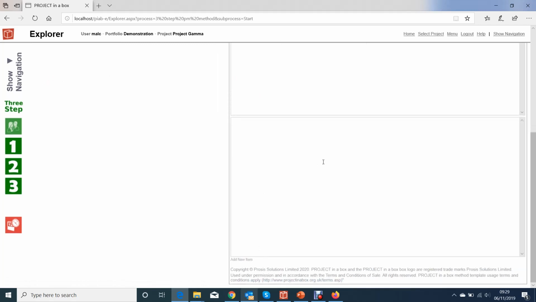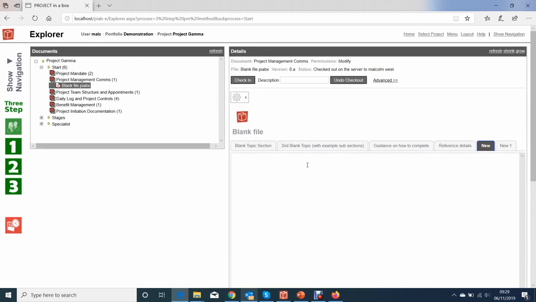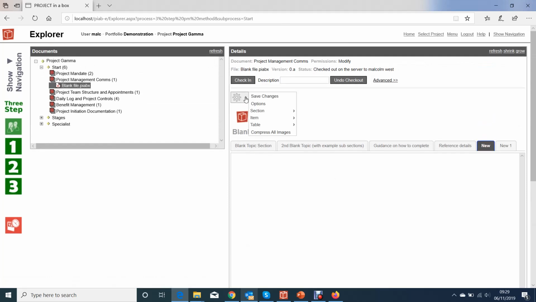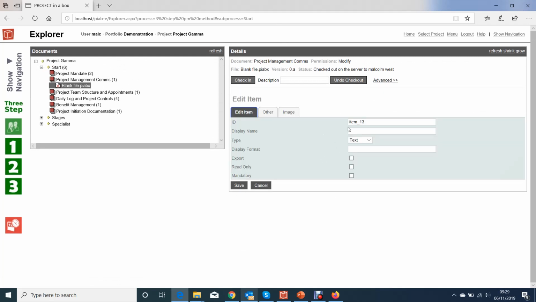If we click on add item, it adds an identical item to the one above. Whatever that item might be, the next one will be identical. If we want to make changes to that item, so it's not just another text field, we want to give it a title or something like that, we click into it, we come to the cog up here and we do item and then edit item properties, and here we can see the form which allows us to work